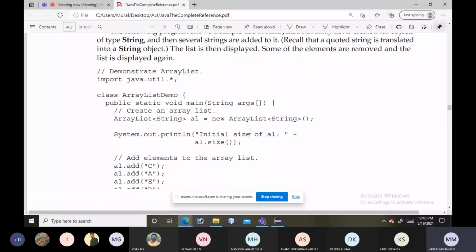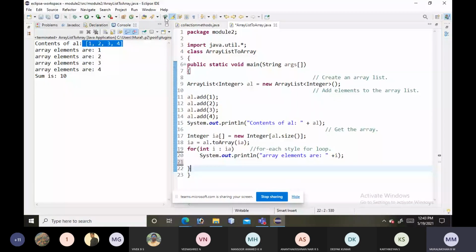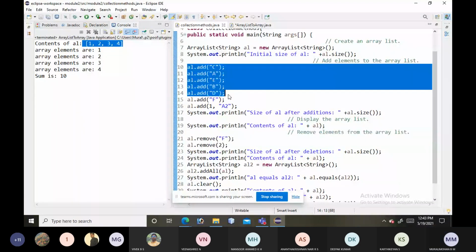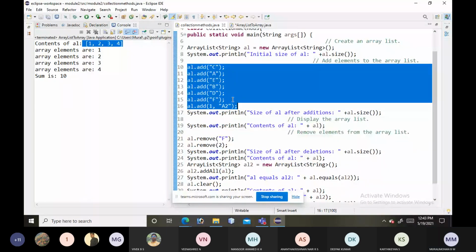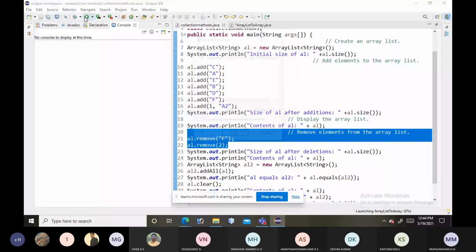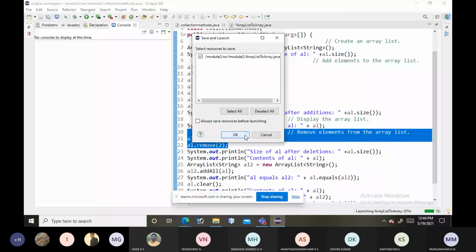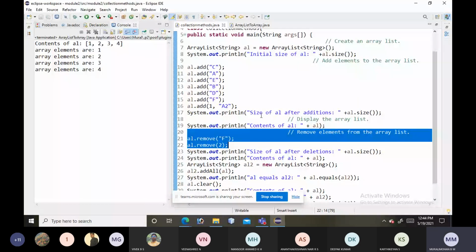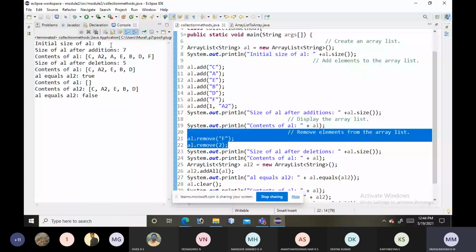And next we have seen how to add strings into an ArrayList and how to remove strings from the ArrayList, and how to demonstrate the dynamic nature of ArrayList. As we are adding elements, the size of the ArrayList is increased.